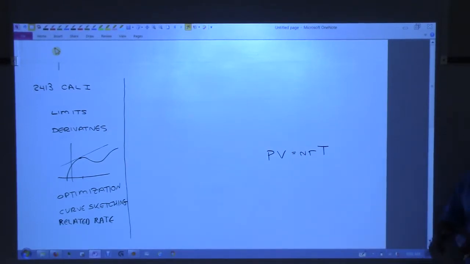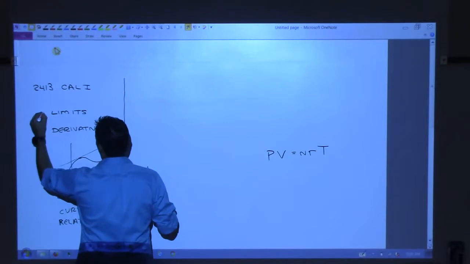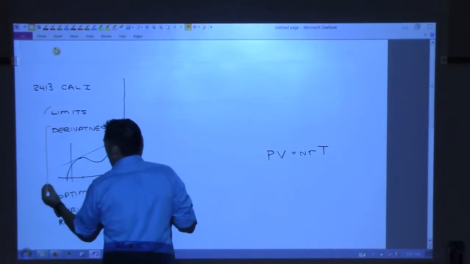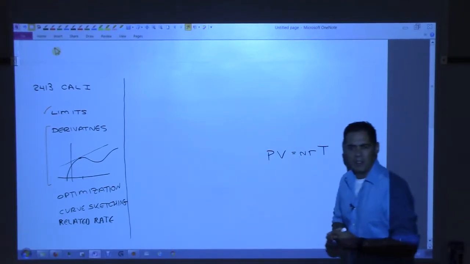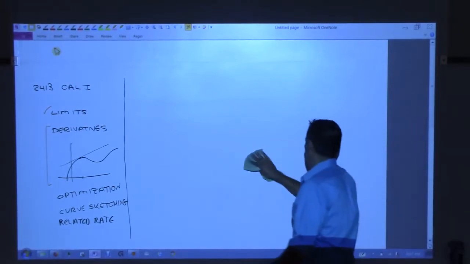For those of you who came in for Cal 2, you're in the right place? Okay. All we're doing is talking a little bit about what Cal 1 was, and now we're going to talk a little bit about Cal 2. With Cal 1, of course the limit is important, but the main takeaway is derivatives and slopes of tangent lines, right? Everything else is kind of a result of that. Now, what is Cal 2 going to be about?